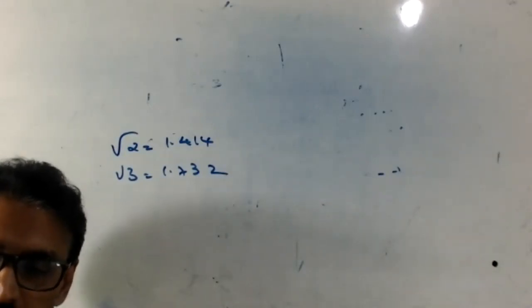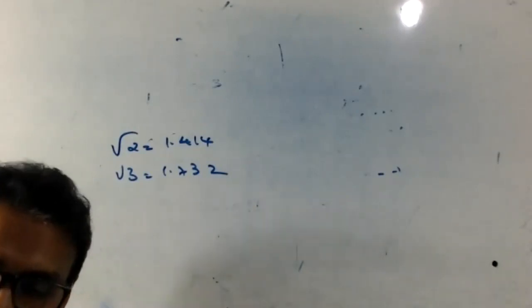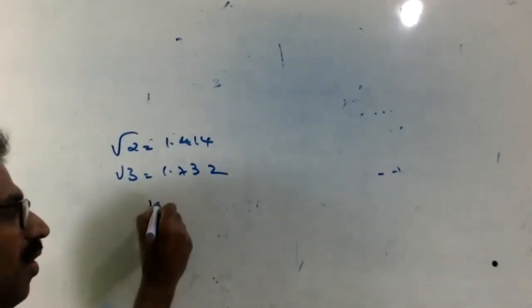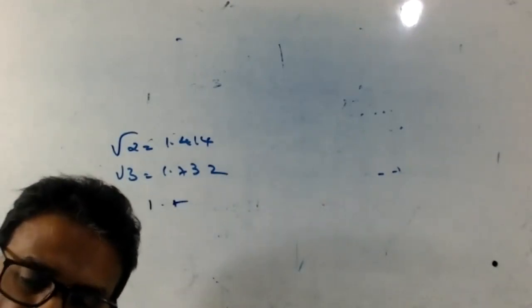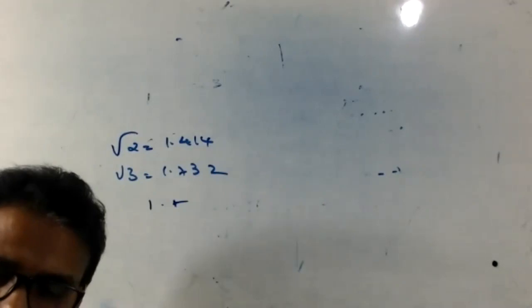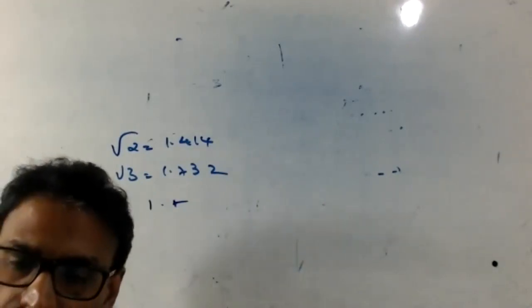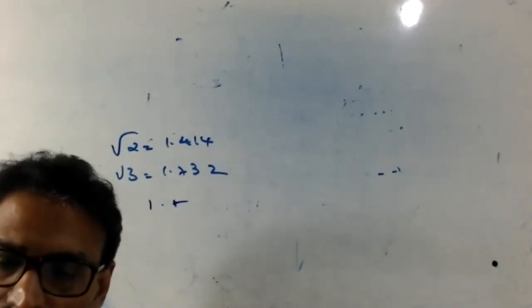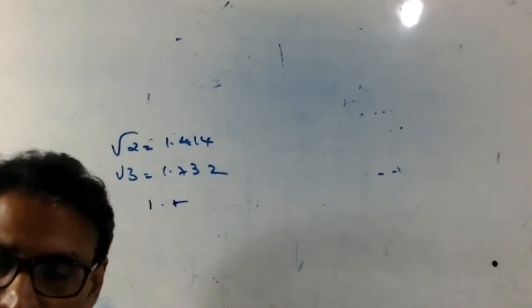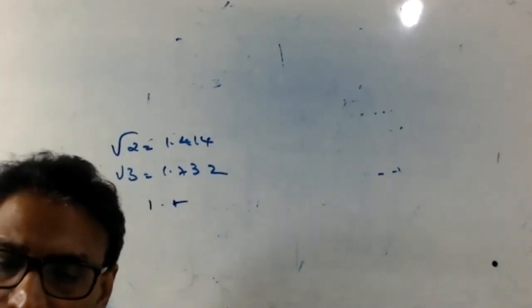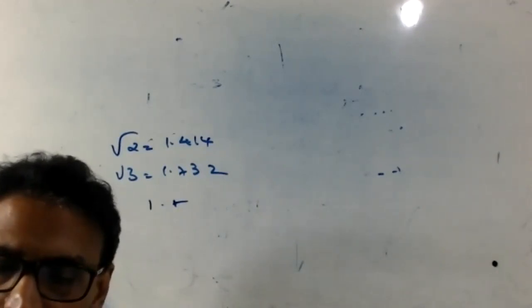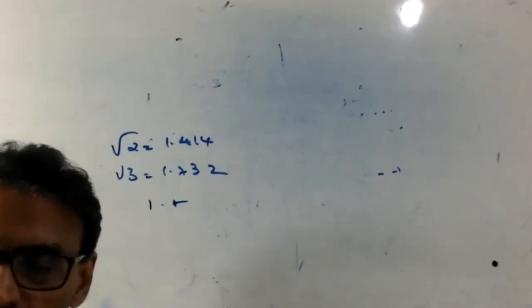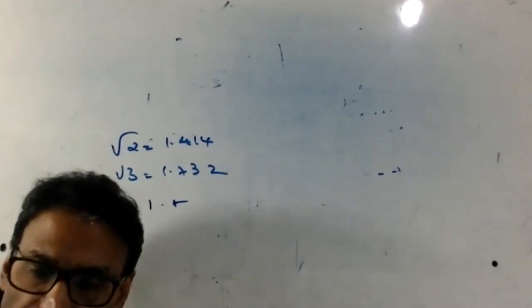Between root 3 and... Exactly, the answer is what? 1.5 or 1.6. Then the best answer is what? 1.5, 1.6. Who is this? Again telling 1.47 and all. You're not listening here?